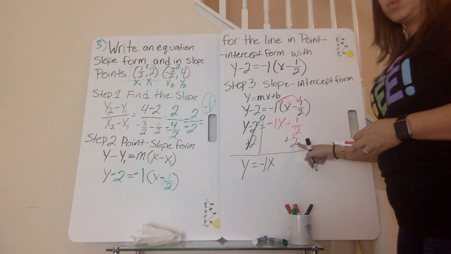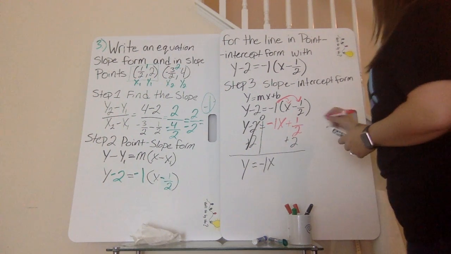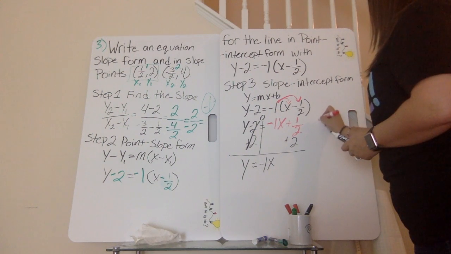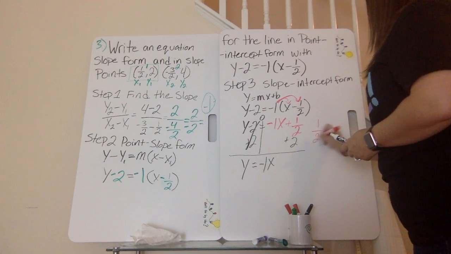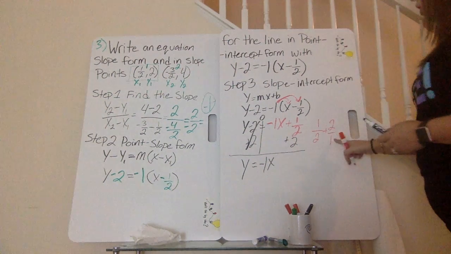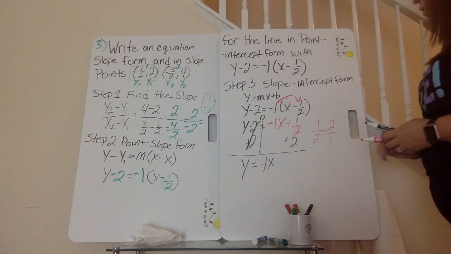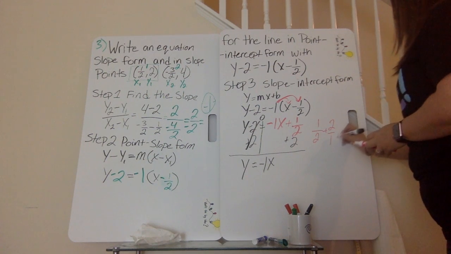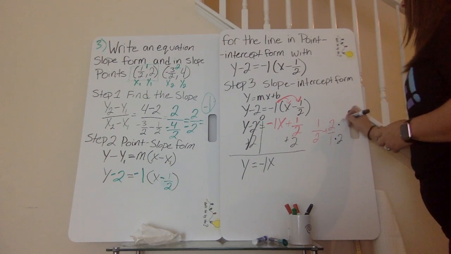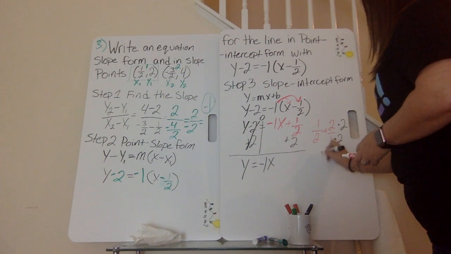I do run into one problem. I have a 1/2 plus 2. So I'm going to move this guy over, and I'm going to be able to add it. So 1 over 2 plus 2 over 1. In order to add my fractions, I do need both top and bottom to have the same denominator. So I'm going to multiply this bottom by a 2, and whatever I do to the bottom, I have to do to the top. So I get 1/2